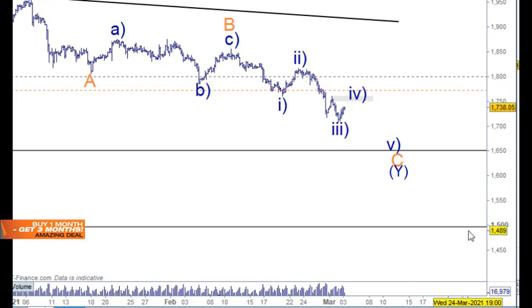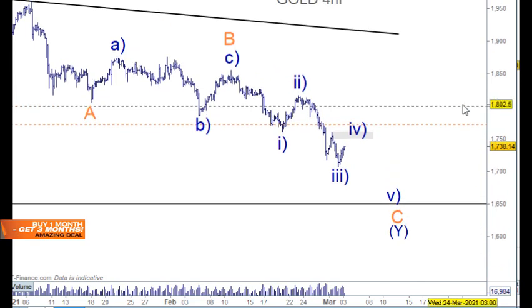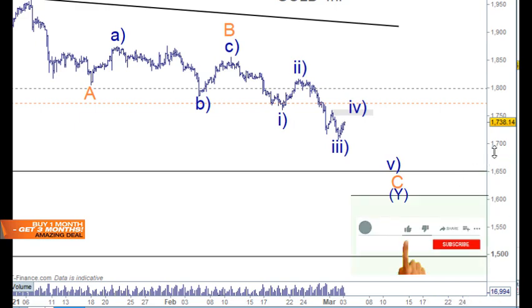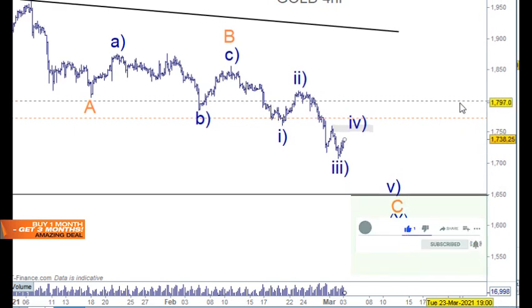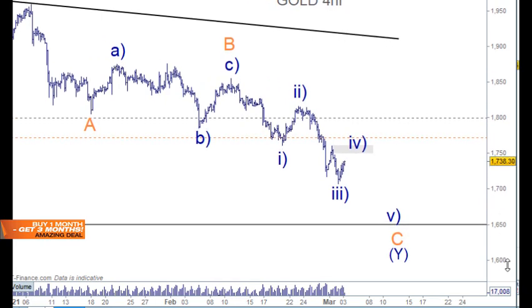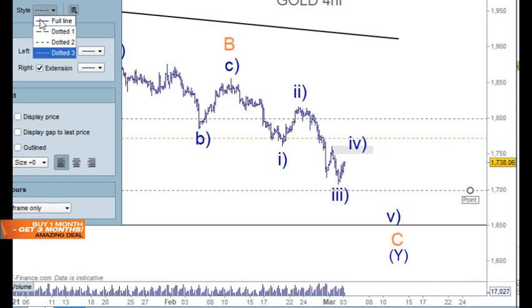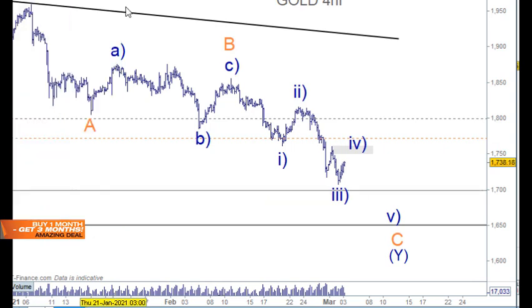The important levels here, the 1500, the 1650, and the 1800 here. So they're the levels. So this is the medium level at 1500, that's the medium level at 1650, and 1800 is the minor level. So we can break it down further into other levels. So obviously 1700's important, 1600's important. But I think what we can do here is that